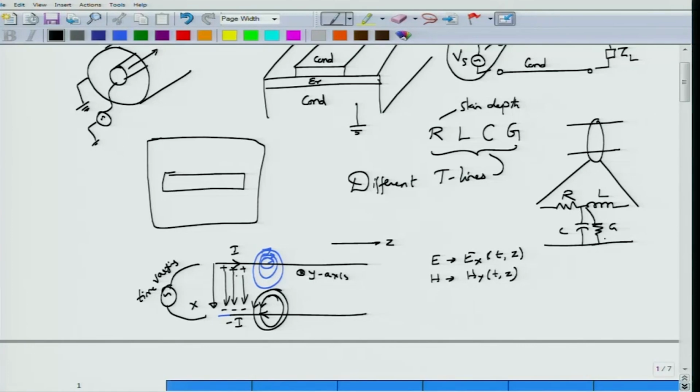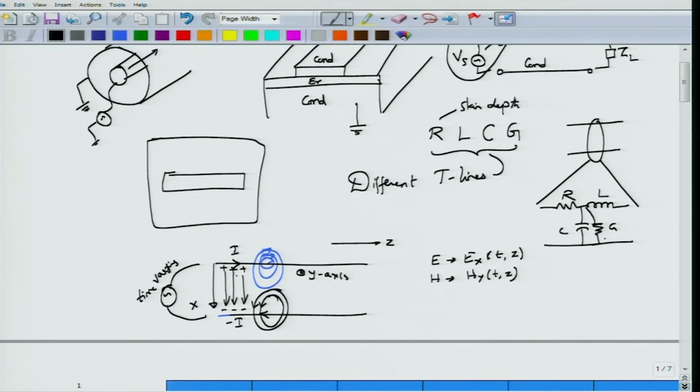So the potential difference between two points on the transmission line actually depends on the position of the point you take along the transmission line. If you imagine yourself walking down the transmission line carrying a voltmeter, you would see that the voltmeter reads different values of the potential if the time is constant. So imagine that time is held constant and you walk along the transmission line with your voltmeter or an oscilloscope. What you would see is that the potential is different at different points on the transmission